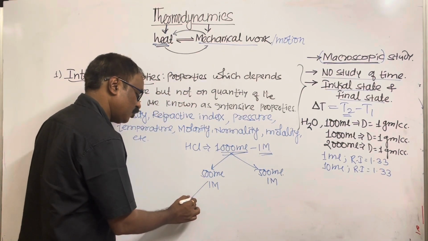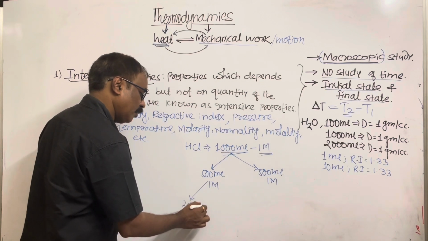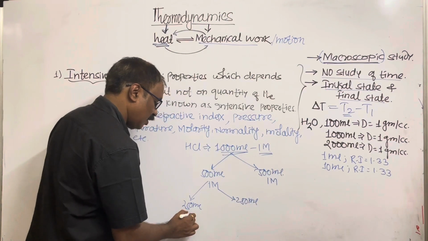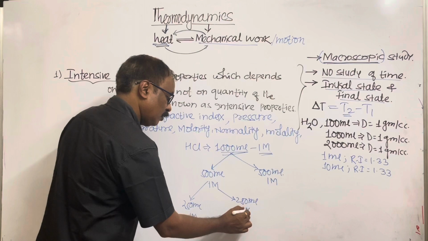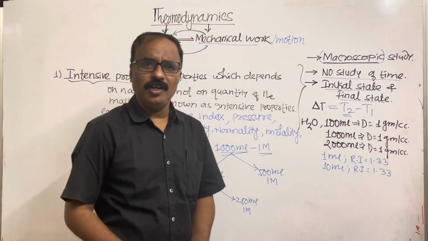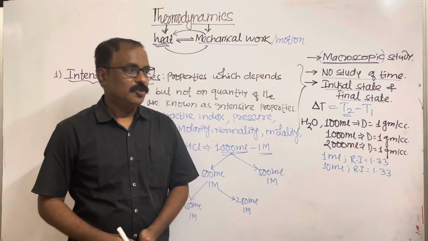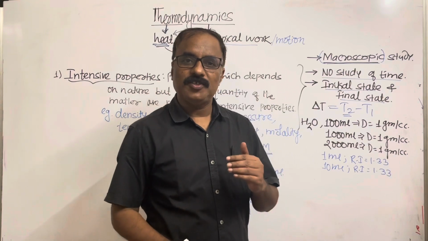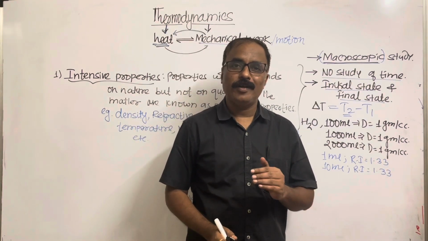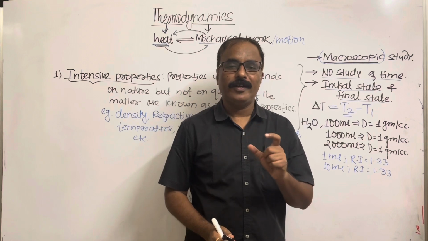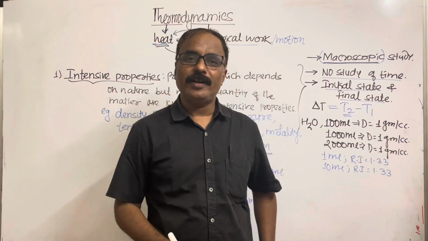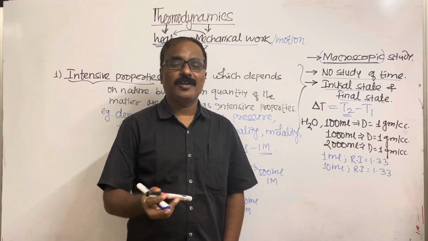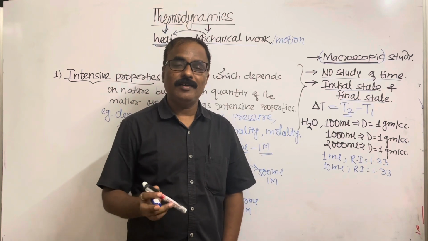Again I divided here, that is 250 ml. Here also that is 250 ml. तो इसकी molarity भी 1 molar होगी. And it remains constant. It does not depend on quantity of the matter. So molarity, normality, molarity ये सब क्या है? Intensive properties है. So which property is said to be intensive property? Property whose parameter depends on what? Only nature but not quantity of the matter. That property is said to be what? Intensive property. Example, density, refractive index, pressure है, temperature है, concentration parameters है, even specific heat also, that is intensive